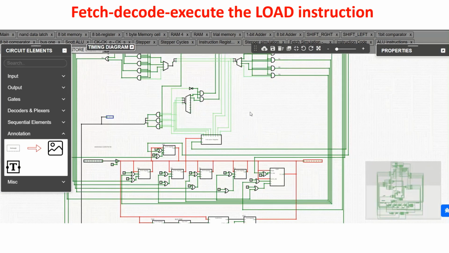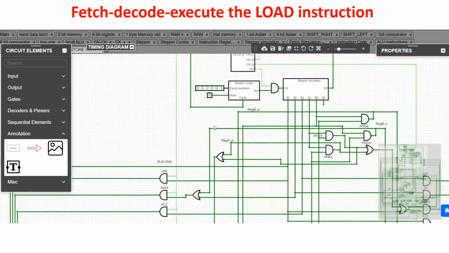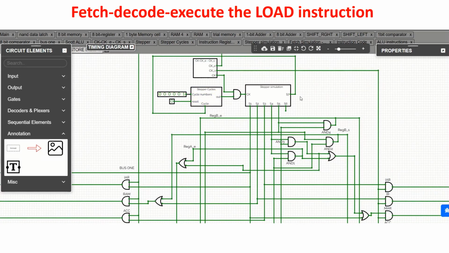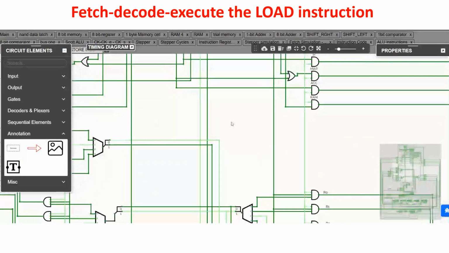So we can run this simulation. I use my stepper cycle to run just a cycle, because in this way we are sure we run just one instruction. So I give a reset pulse here, and you see there is a cycle proceeding here. Now we go to see if